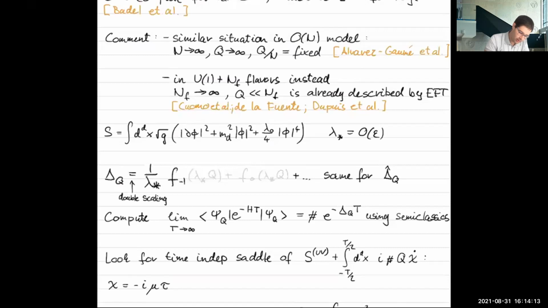And we get the following expression for the scaling dimension in this double scaling expansion. So we get non-trivial functions f_i of lambda star times Q, or epsilon Q. The leading piece goes as 1 over epsilon, and then there are subleading orders in the epsilon expansion, and similar results apply for boundary scaling dimensions, which are computed by setting up some large Q state evolving in Euclidean time for a long time extent, and then extracting the scaling dimension